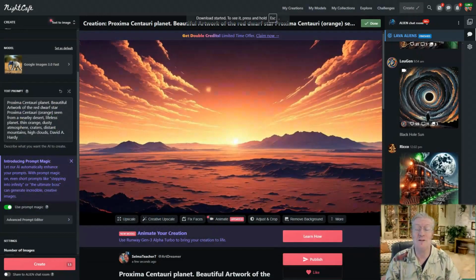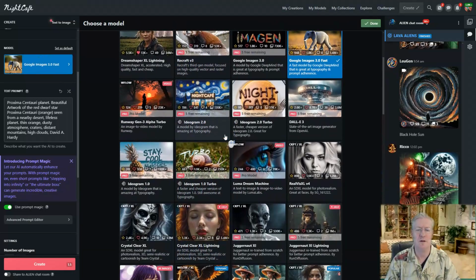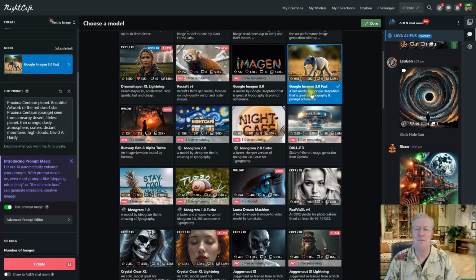Now you can copy and use any of these prompts or a combination of these prompts there to make your own artwork there, and hopefully you have good results from it. What I'm going to show you now is some of the other ones that I've created using Google Imagen 3.0. If I clicked on that model, by the way, you'll notice that there are many different models, and the one that I usually or normally used would be SDXL 1.0. So some of the artwork that you'll see will be using this model, and other will be using the Google Imagen 3.0 Fast model.